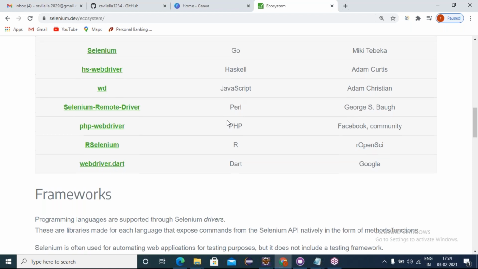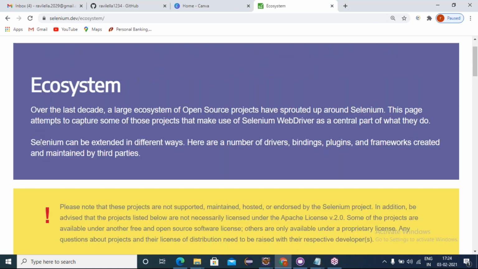Okay? And see, friends, at the top: Selenium can be extended in different ways. Selenium is only one environment where you develop your WebDriver code, but Selenium can be extended in different ways. How can it be extended? Here are the number of drivers, bindings, plugins, and frameworks created and maintained by third parties.